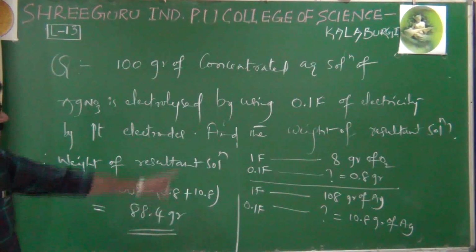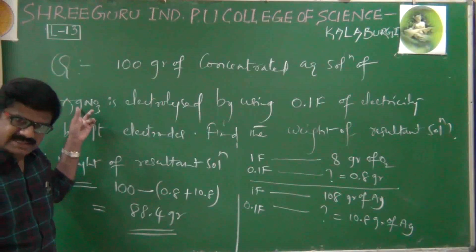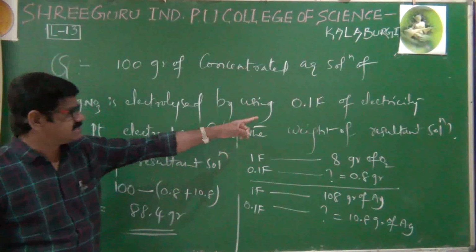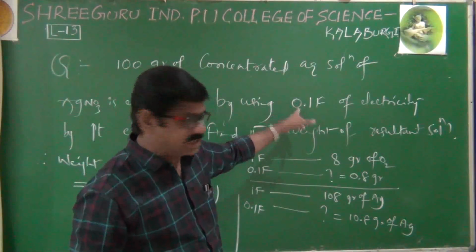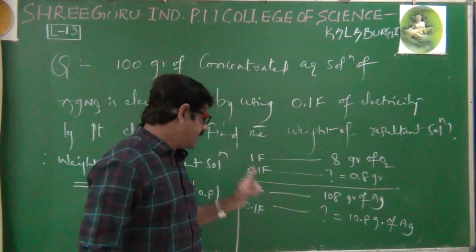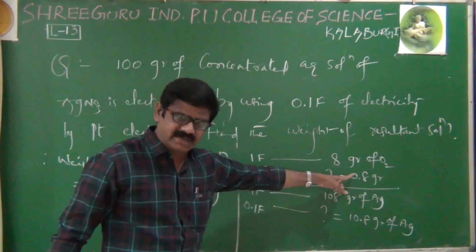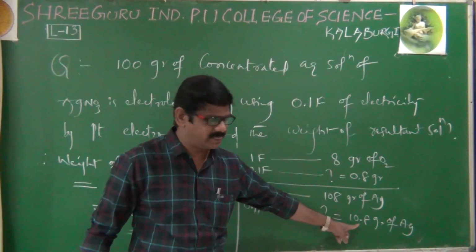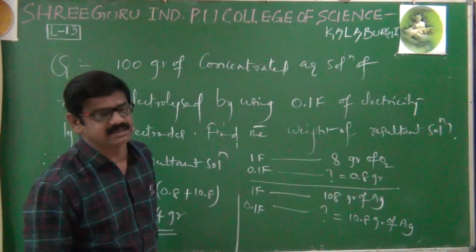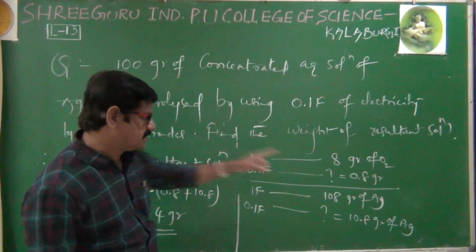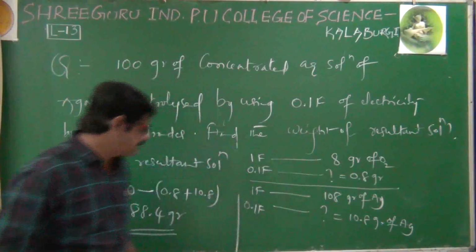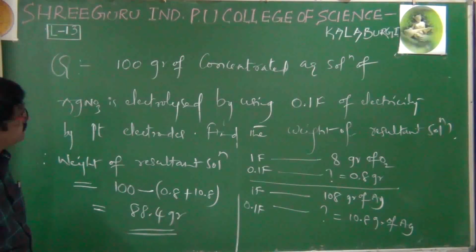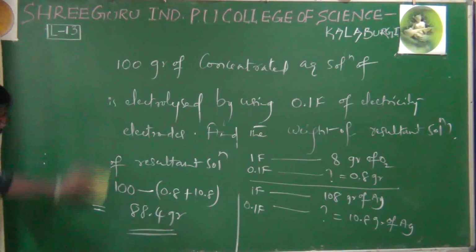That's it. When silver nitrate undergoes the electrolysis process, at the anode oxygen is liberating, at the cathode silver is depositing, but only 0.1 Faraday is passing. That's why for 0.1 Faraday, as far as oxygen is concerned, 0.8 grams is liberated. As far as silver is concerned, 10.8 grams of silver is depositing. Now the resultant, remaining amount is asked. Initially 100 minus this value and this value. If you subtract, then the final resultant value is 88.4 grams. That's it. Next, one more homework question I'll give you.